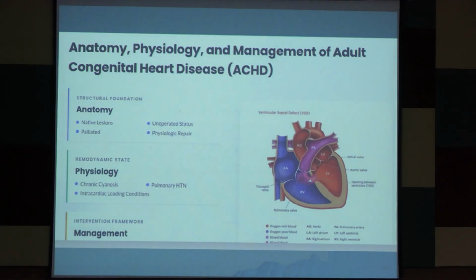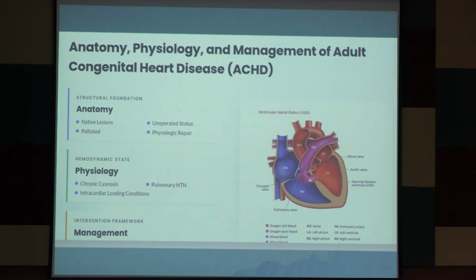Eisenmenger physiology: reversal of shunt from the right to left due to development of the pulmonary arterial hypertension. Eisenmenger syndrome means any intracardiac or intrapulmonary shunt with development of the pulmonary arterial hypertension and the reversal of the shunt. But Eisenmenger complex means classical VSD with reversal of shunt due to the pulmonary arterial hypertension. So, Eisenmenger physiology, Eisenmenger syndrome and Eisenmenger complex একটু সূক্ষ্মভাবে বিচার করলে আলাদা। ম্যানেজমেন্টকে আমরা অ্যাসেস করার চেষ্টা করব